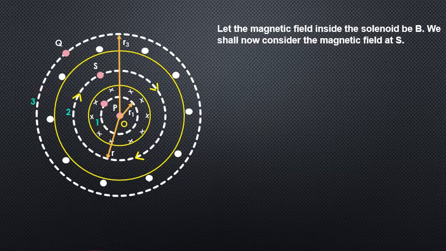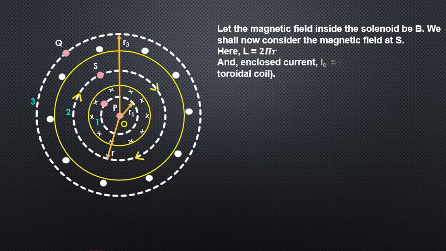Now here, as you can see, I have taken the radius of this Amperian loop 2 equal to small r. This small r is the average radius of the whole toroid, because some Amperian loops inside the toroid might be larger than loop 2, and some might be smaller than loop 2. So we have averaged out the radius, and the radius is r. So obviously the perimeter will be 2 pi r. L is equal to 2 pi r for average radius r.